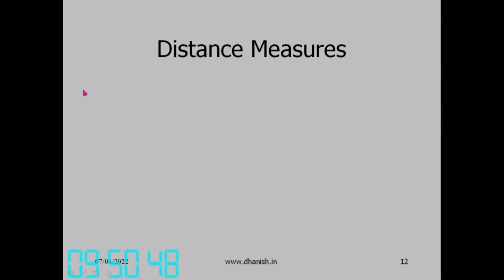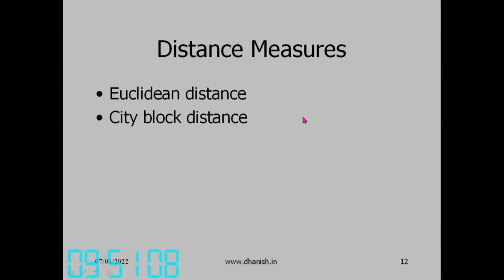Okay, so next we come to distance measures. We want to find out the distance between two objects. We want to find out the size of an object. So what are the different types? First, primarily we have to find out the distance between two pixels. Then we can talk about the Euclidean distance, which is the normal distance, like a crow flies. Then in image processing, many times we have city block distance and also chessboard distance. So what are the differences between these types of distances?